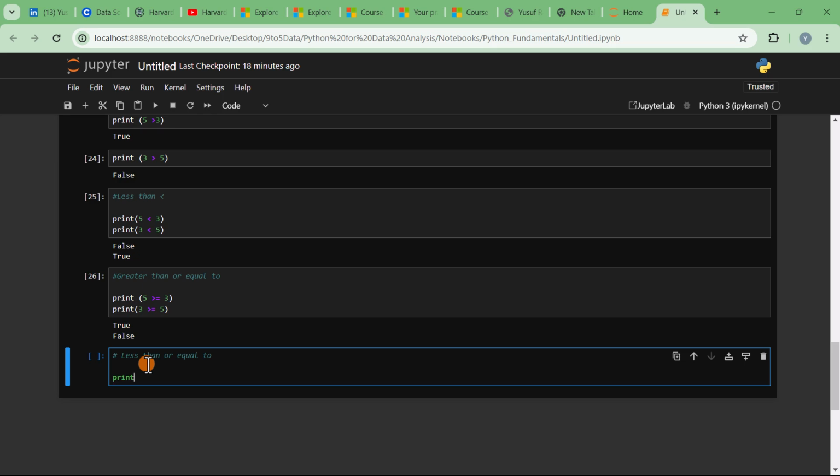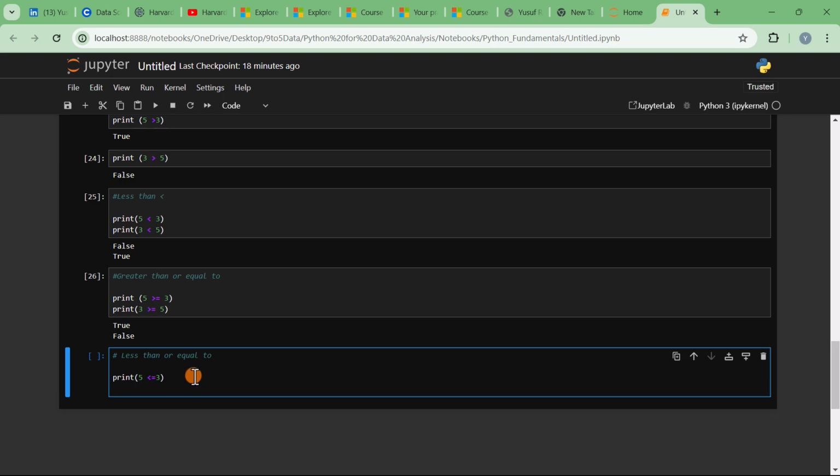So print 5 less than or equals to 3, and print 3 less than or equals to 5. Just the way we have explained above, if one of the conditions is met, then we should get true